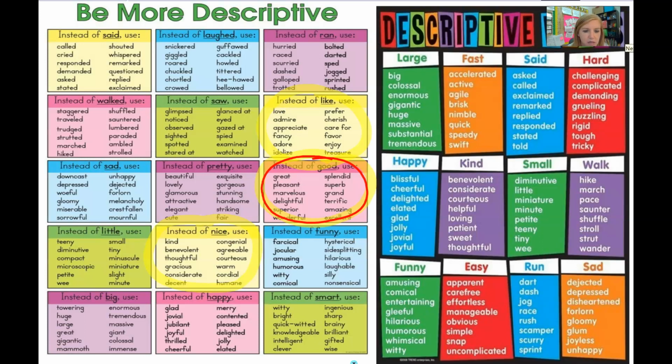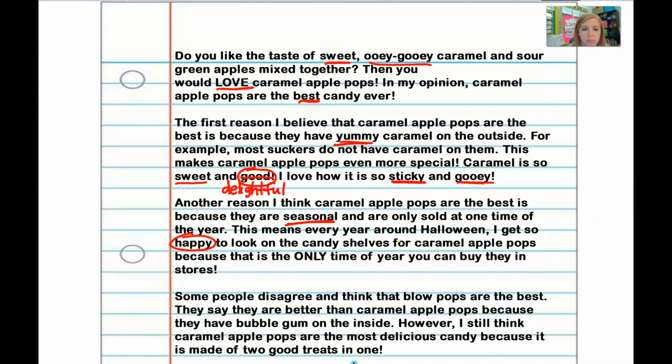So let's come back over here. Oh, look, here we are right here. Instead of happy, we could say glad, jubilant, joyful, thrilled, cheerful, merry, content, pleased, delighted, jolly, elated. Ooh, I like that word elated. Let's go back and see if that makes sense. If I replaced happy with elated,